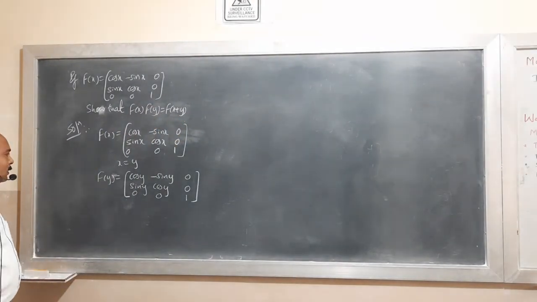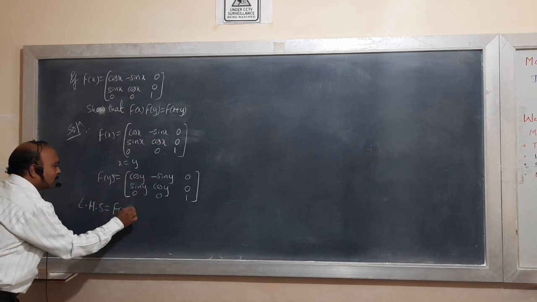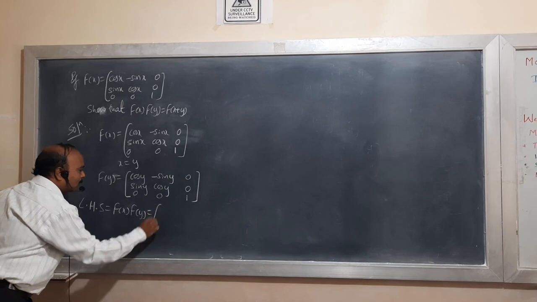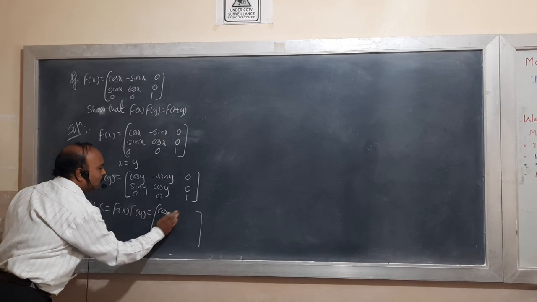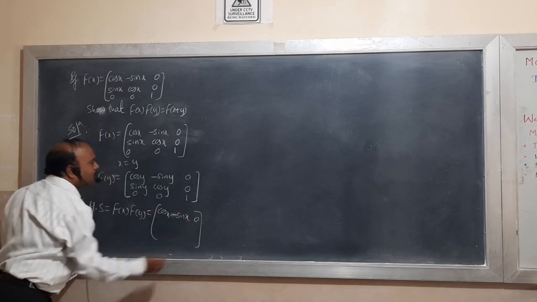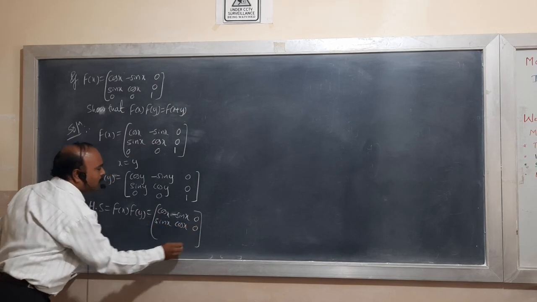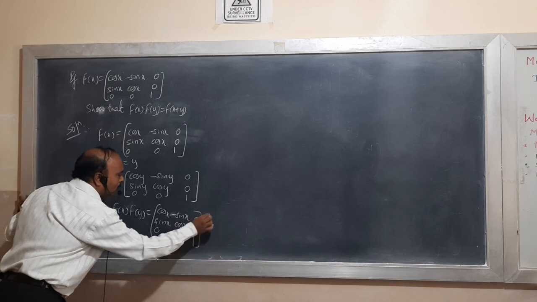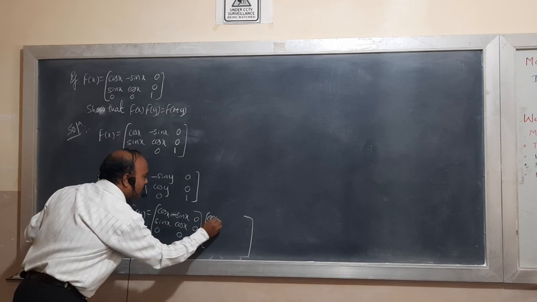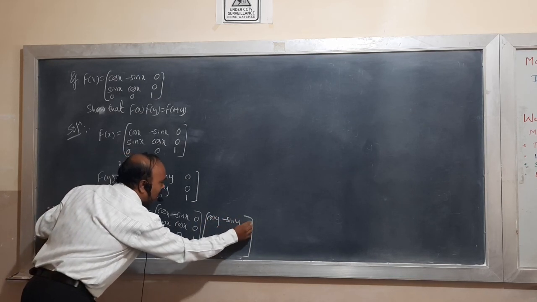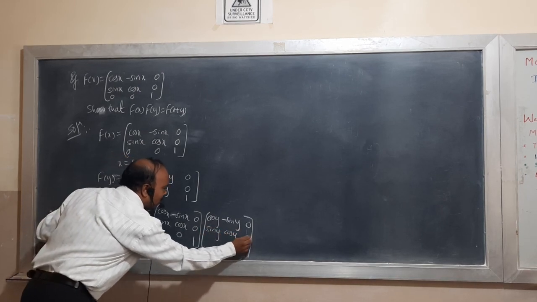For that we consider the LHS, left hand side, f of x into f of y. Substitute the f of x value: cos x, minus sin x, 0, sin x, cos x, 0, 0, 0, 1, into the f of y value: cos y, minus sin y, 0, sin y, cos y, 0,